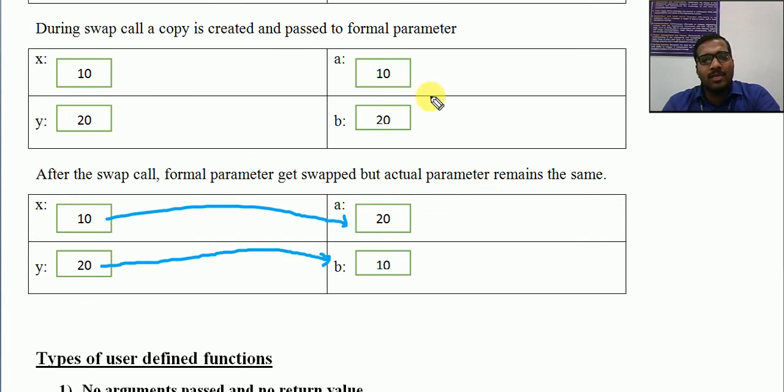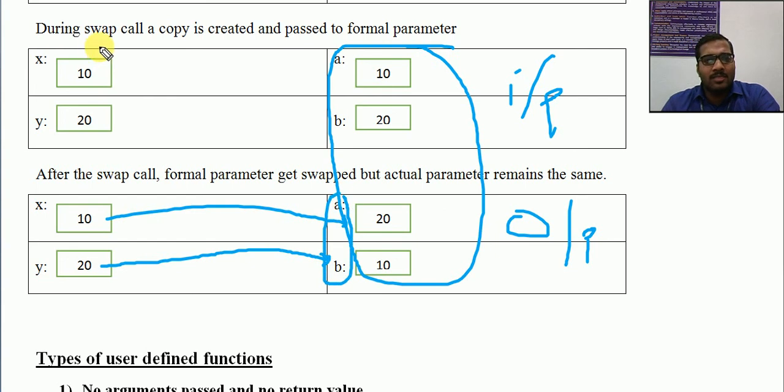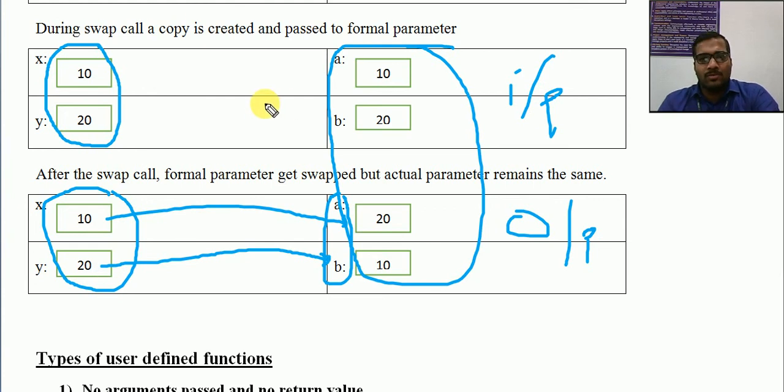Okay, so this portion is the input received on the parameter, and this is the output produced in the function definition, that is with the formal parameters a and b. But this is the caller's x and y, which even after calling that function remain the same. That is the difference in pass by value. For overcoming this problem we can use the pass by reference concept by using pointers. We will see that later. I hope the idea is clear.